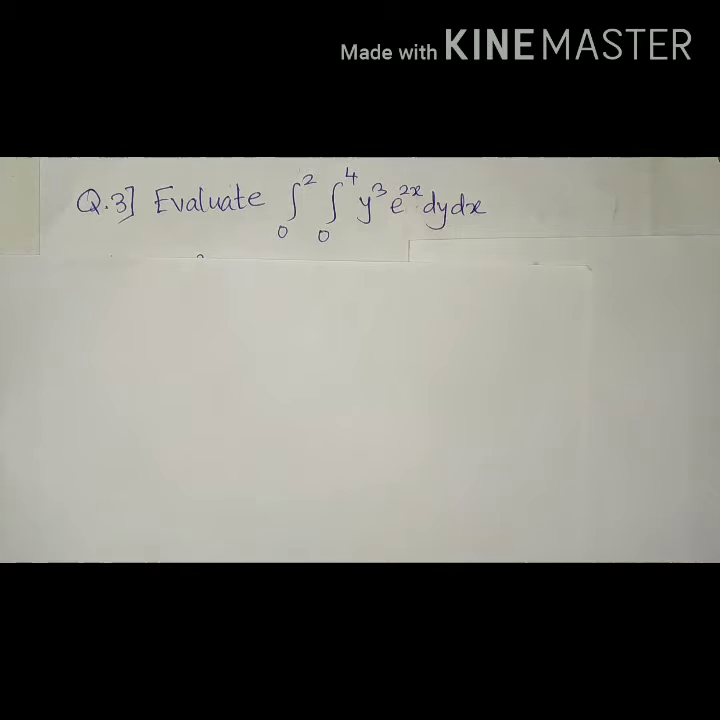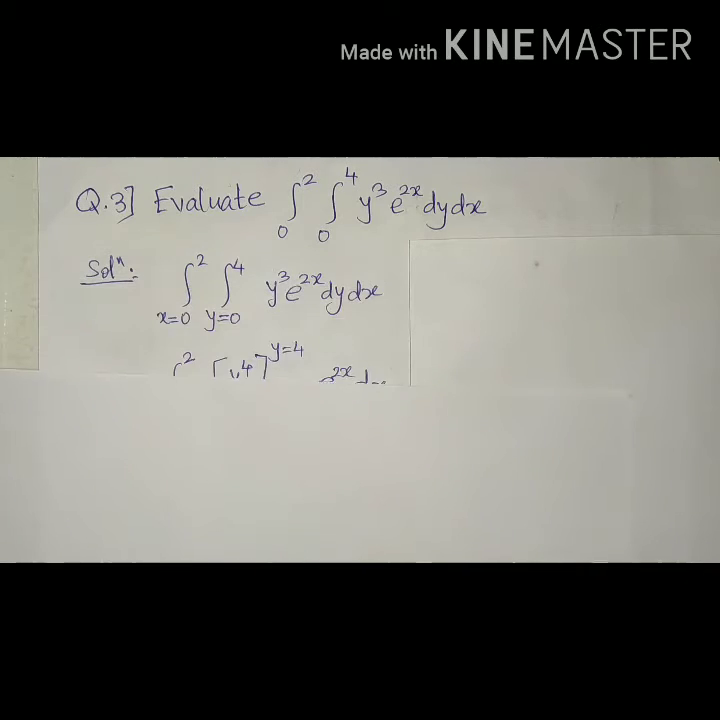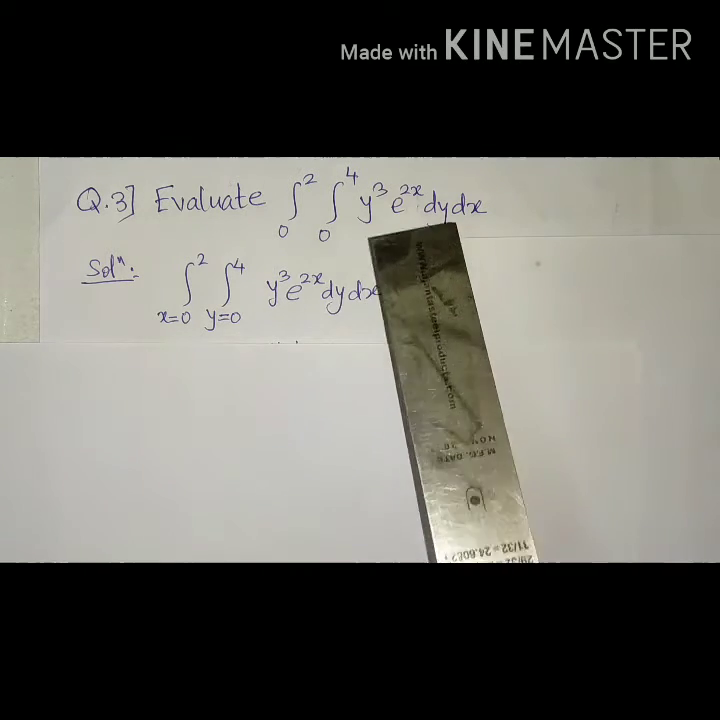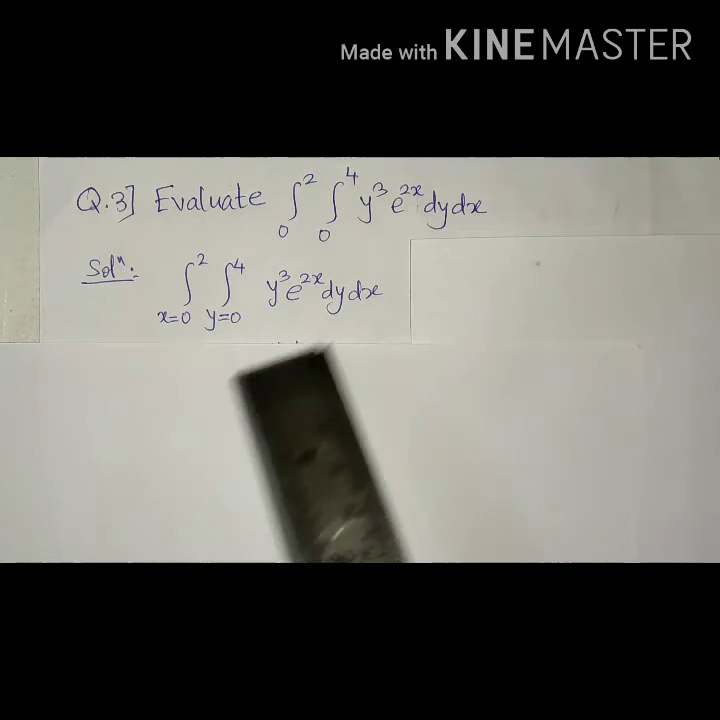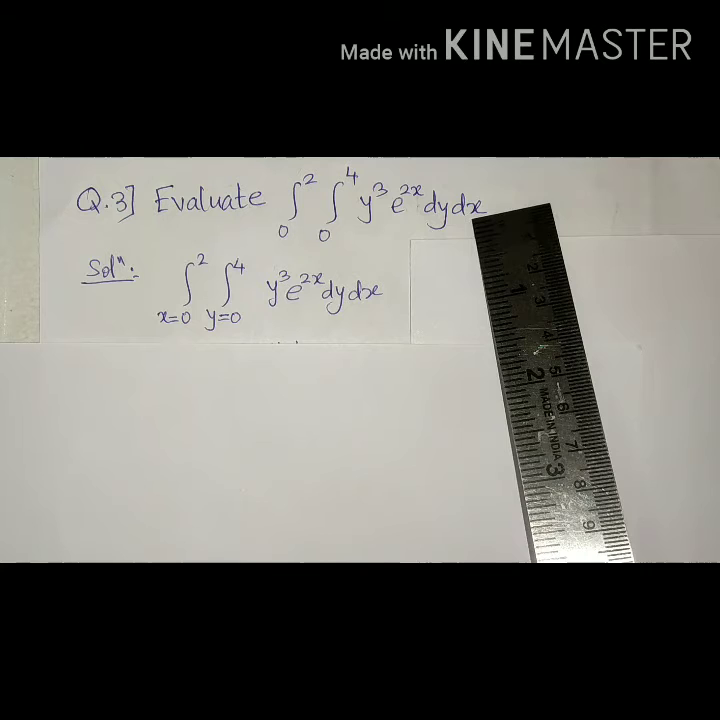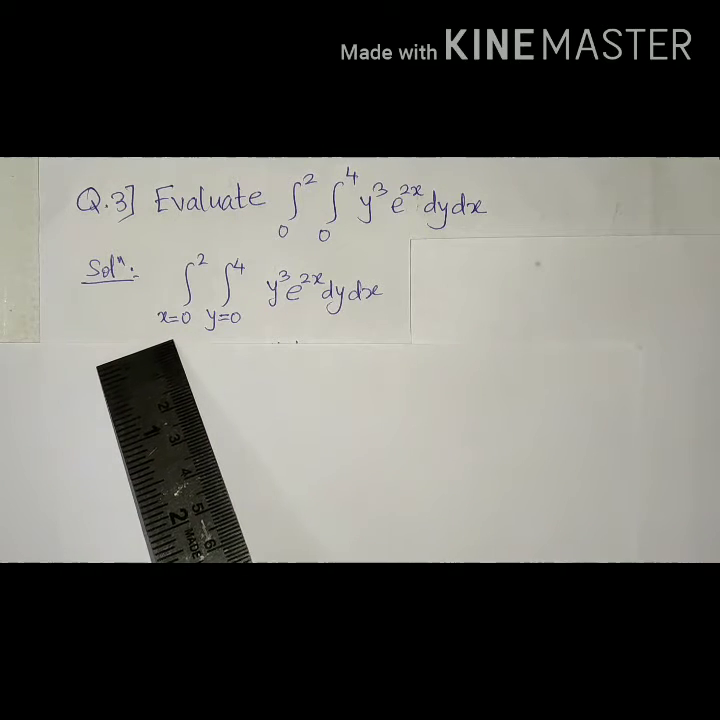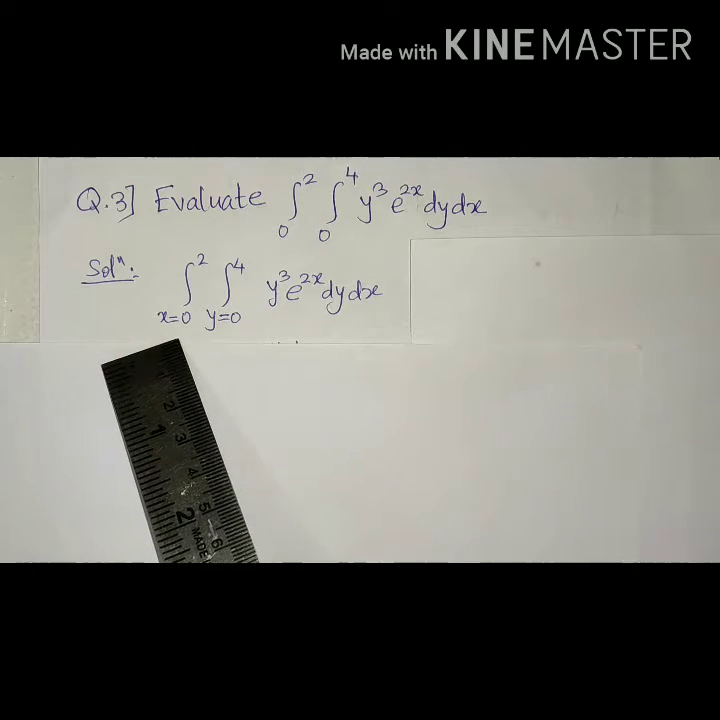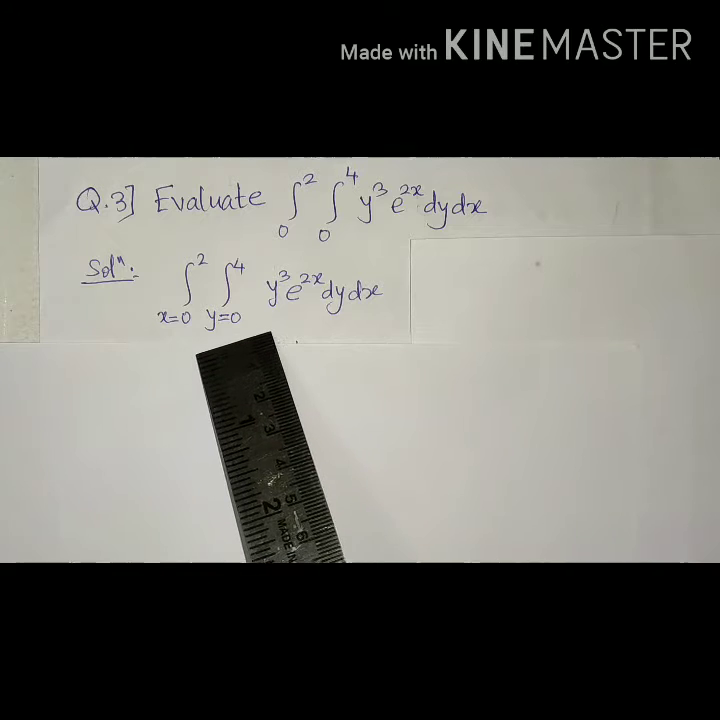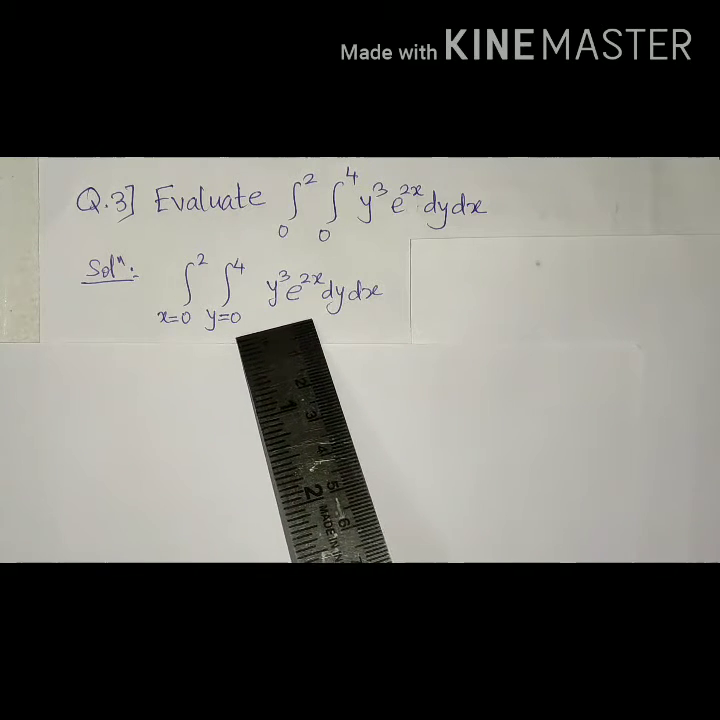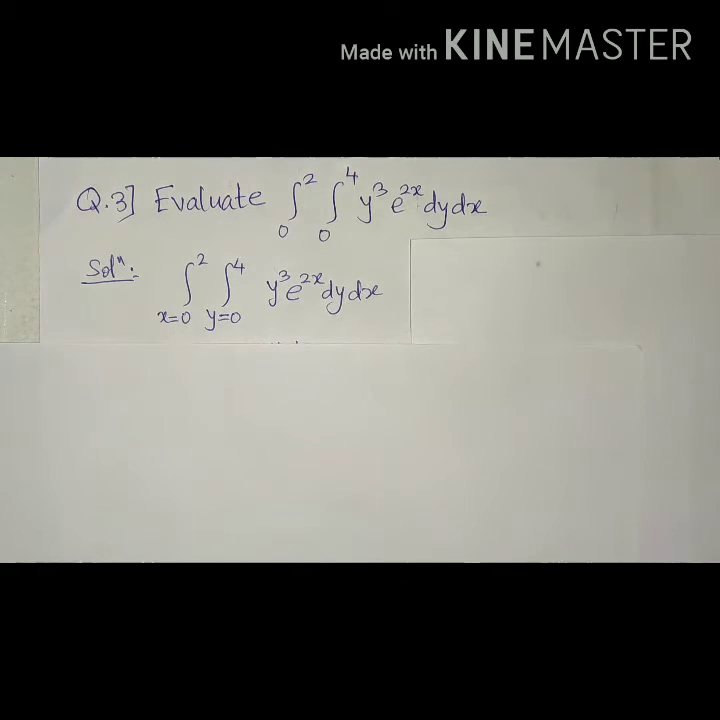So first we directly integrate. Since they have given us dy dx, the inner integration is with respect to y and the outer one is with respect to x. So outer we have written integration from x equal to 0 to 2. Inner we have written integration from y equal to 0 to 4. Y cube e raised to 2x dy dx